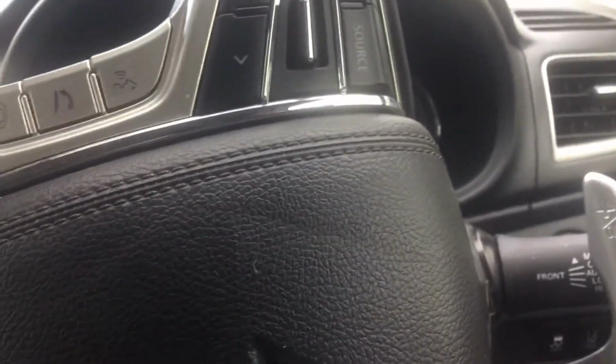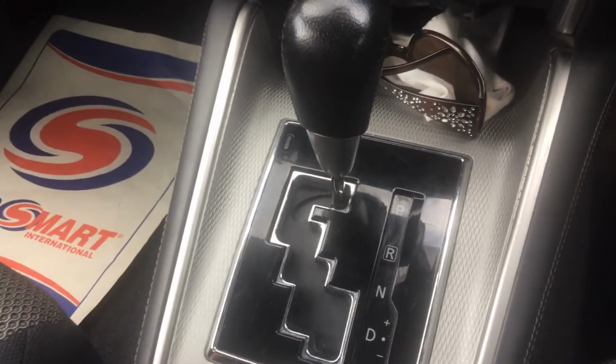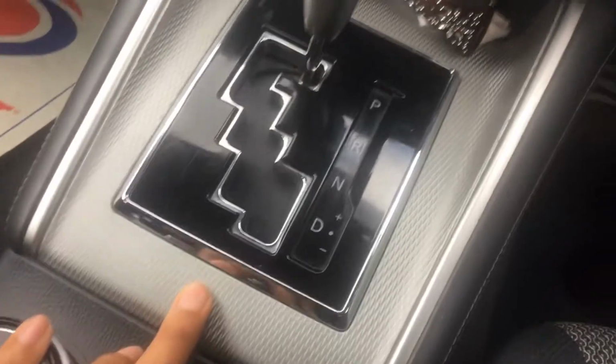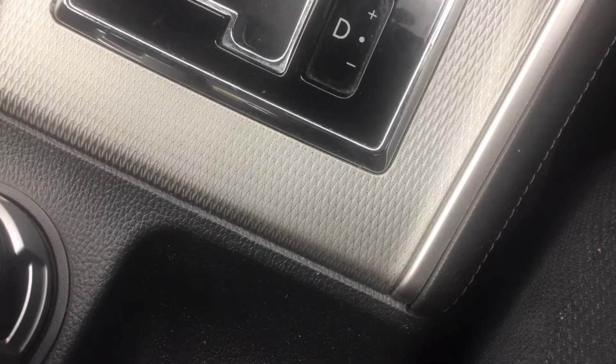Hey, so today I'm going to talk to you about 7 things that you should never do in an automatic car. And the first thing is, this is an automatic transmission vehicle, and I'll show you. The first thing never to do in an automatic transmission vehicle is